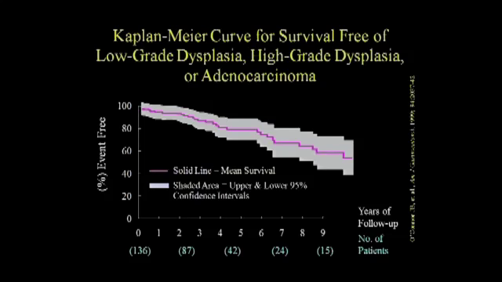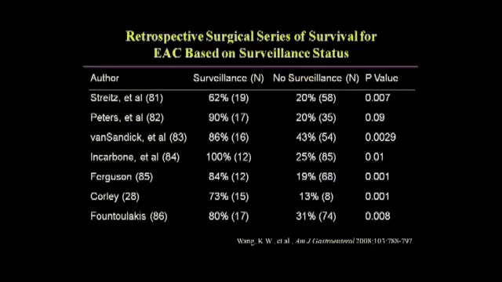Here's one of the best pieces of data from the Cleveland Clinic registry following a cohort of Barrett's patients that started out of about 150 patients over 10 years. And you can see it's just about that. In 10 years, 50% of the patients had developed neoplasia, defined by any dysplasia or cancer over a cohort of 10 years. I think that's just about right.